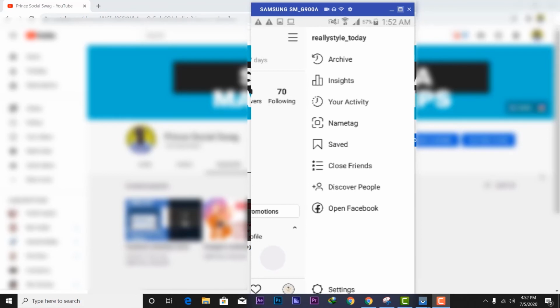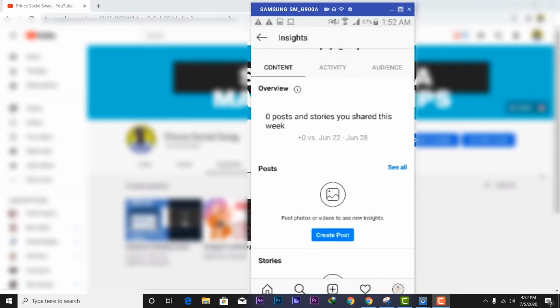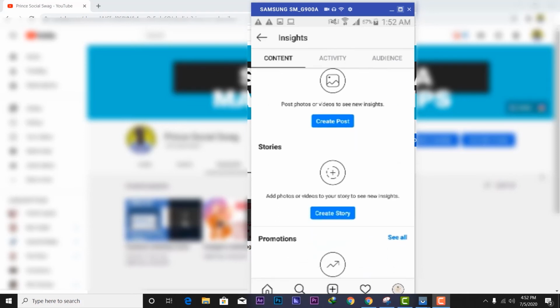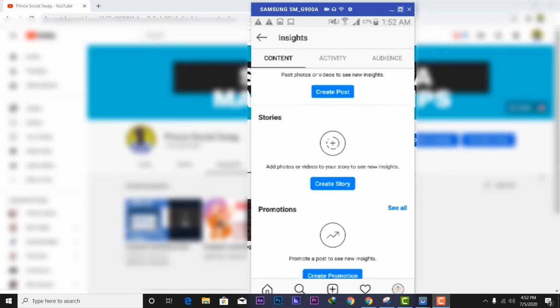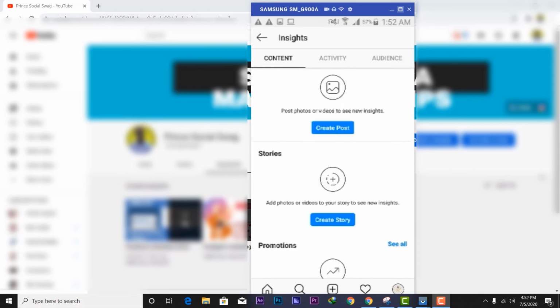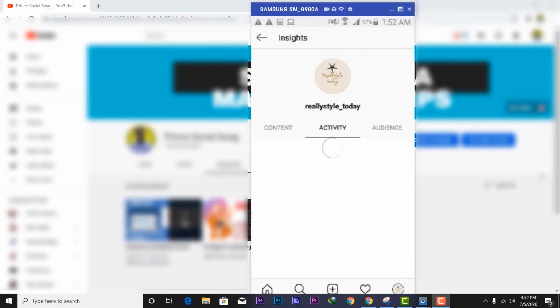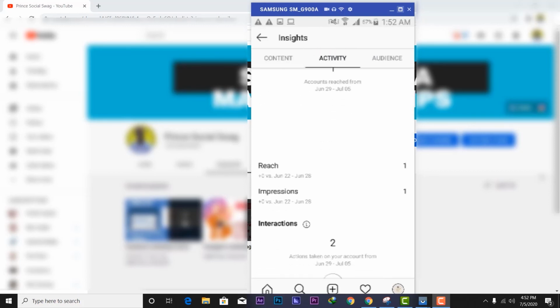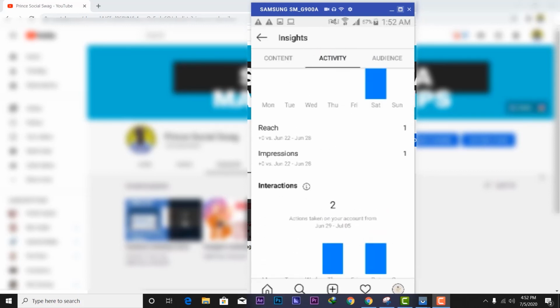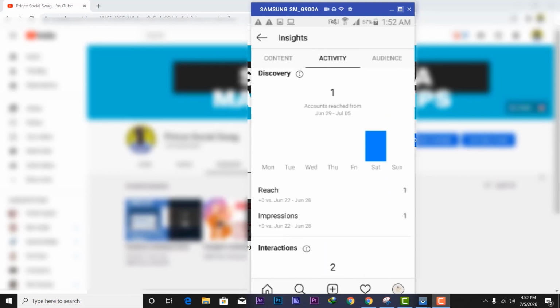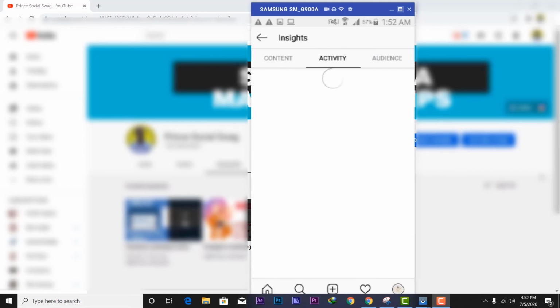Also in the insights, you see the analytics of the stories and posts that you made, the activity, how your Instagram is reaching more people. You see that also for the audience.